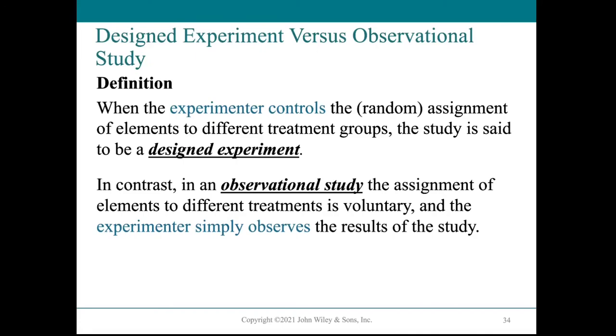Whereas in an observational study, you are not doing any treatment, you are just observing what happens. For example, clinical trials are usually designed experiments. Observational studies, on the other hand, can be classified under the phase 4 clinical trials. That is after the drug has been released to the market and you are just getting the effect. So it's more of an observational study because the experimenter does not impose the drug on the public. They just observe